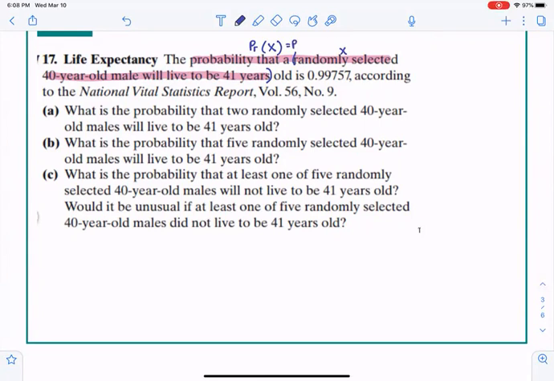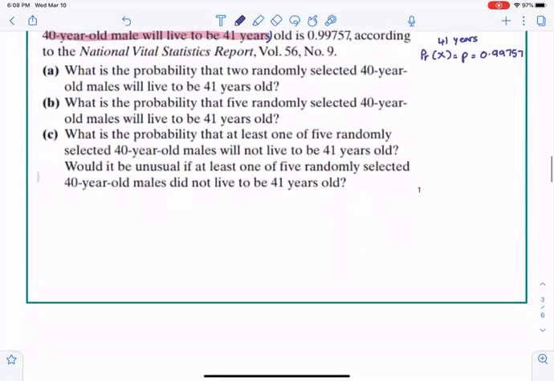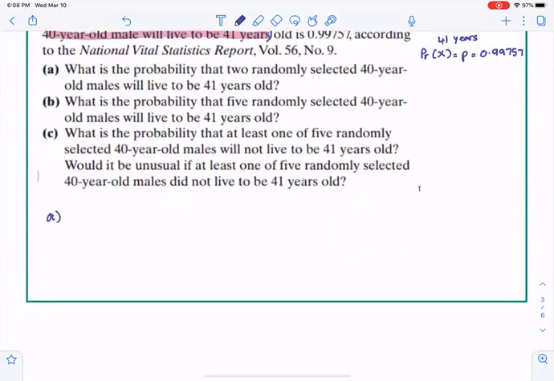So X would simply mean the 40-year-old male will live to be 41 years. So probability of X is little p, or lowercase p. We have 0.99757. So part A would want to know the probability that two randomly selected 40-year-old males will live to be